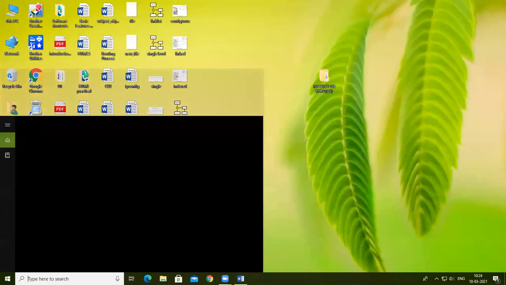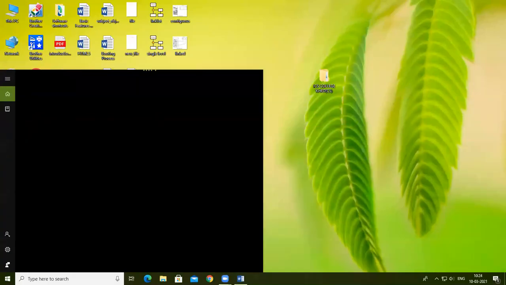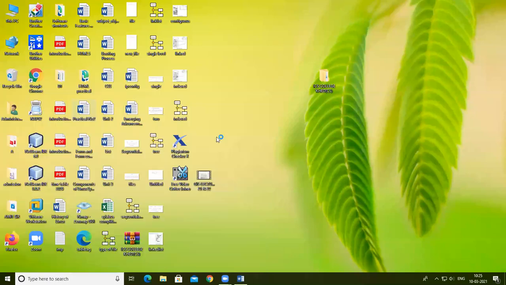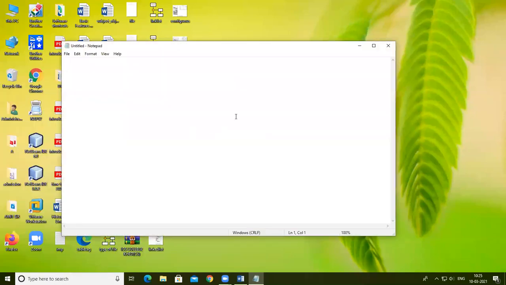So let's see directly an example of this. You can use Notepad++ also for typing these programs.